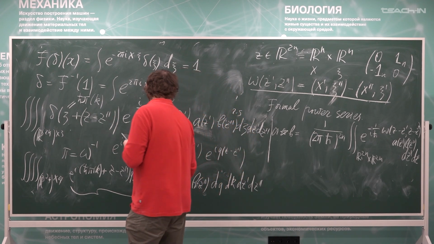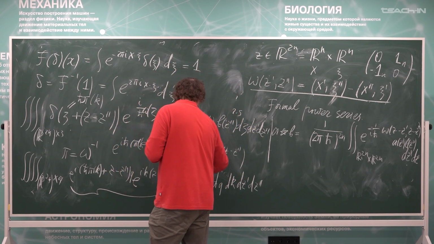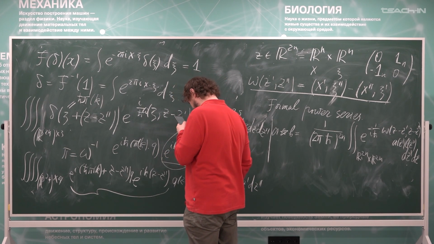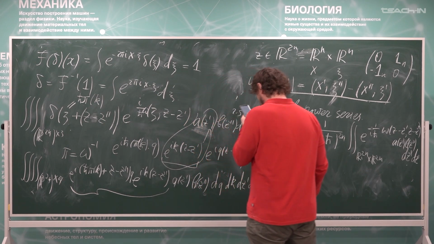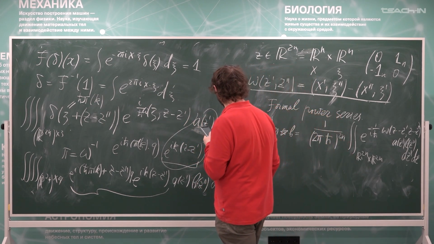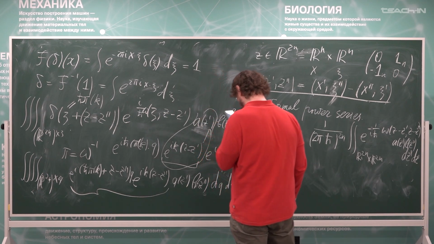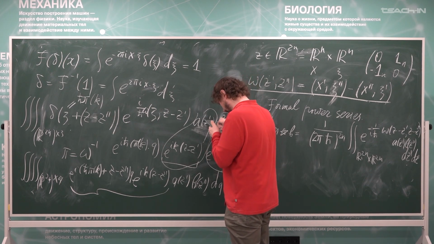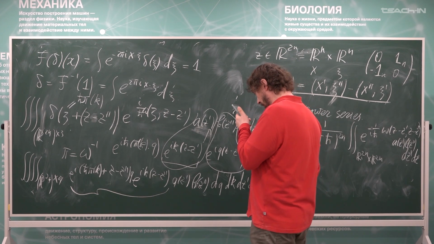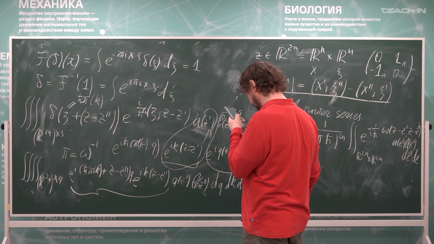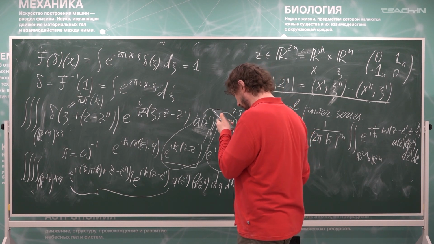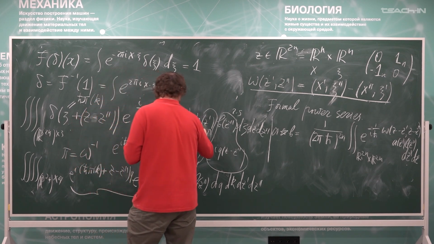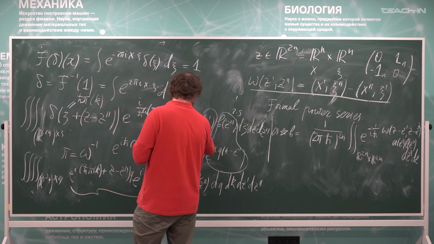Now, if we take this and multiply by this, it will look like the direct and inverse Fourier transform of A z. And the same here. And in the end, the direct and inverse Fourier transforms cancel out,